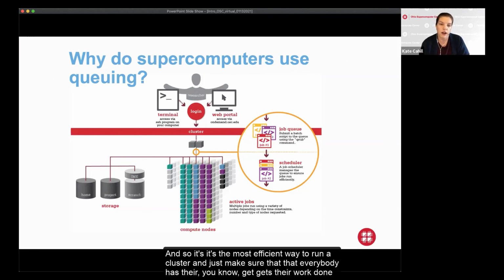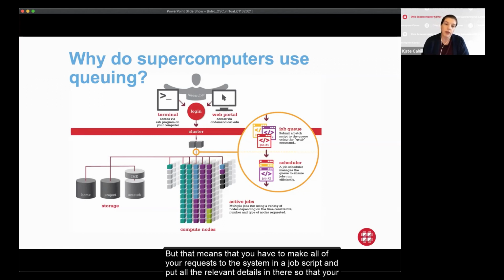It's the most efficient way to run a cluster, and it makes sure that everybody gets their work done in a timely manner. But that means that you have to make all of your requests to the system in a job script and put all the relevant details in there so that your job runs effectively and you get the results you need.